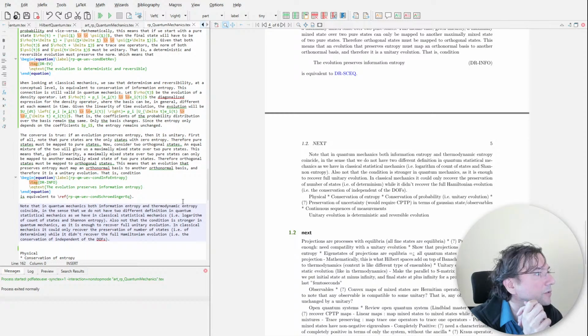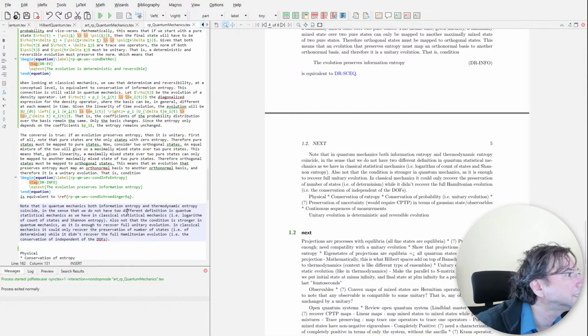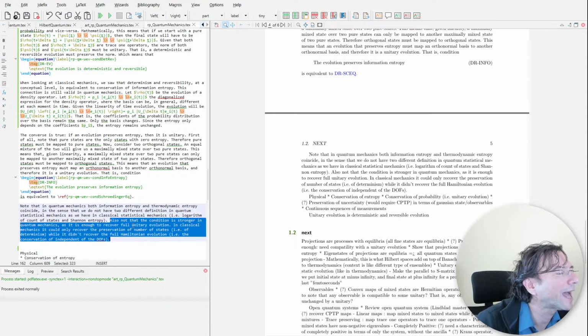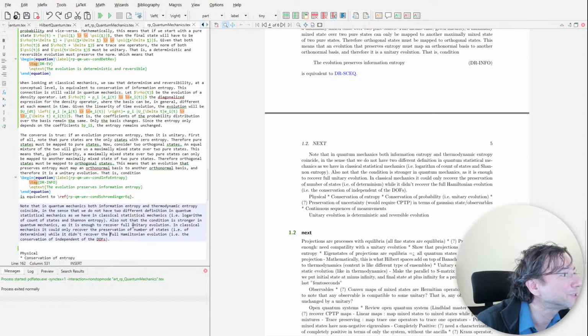In classical mechanics would only recover the preservation of. Okay, so this I saying here it's completely idiotic, and I shouldn't say. So this is where I don't understand even what I write. So in classical mechanics, deterministic and reversible evolution recovers the full